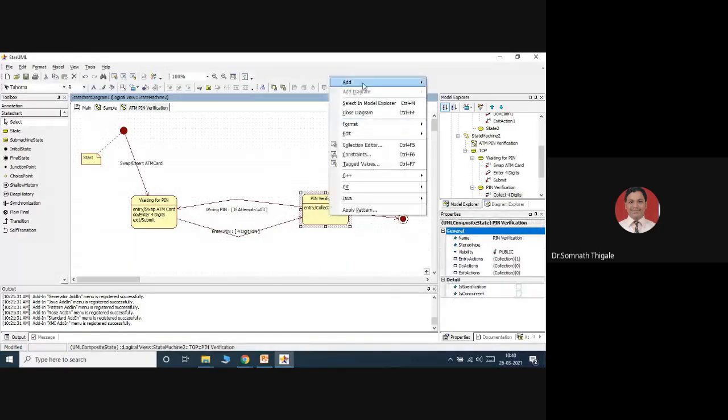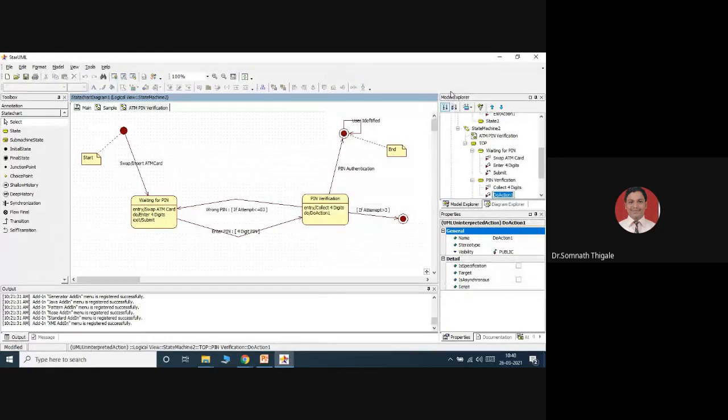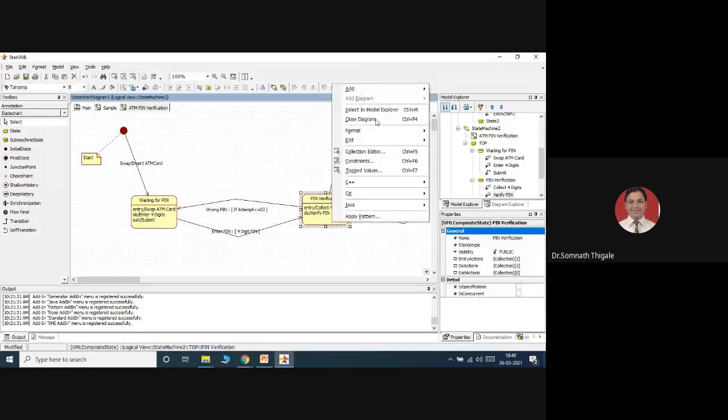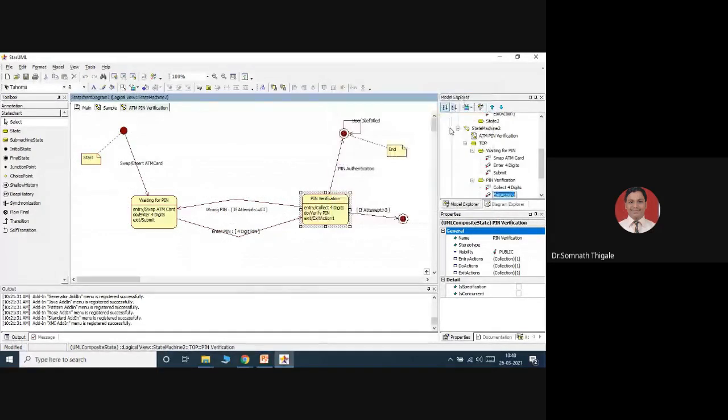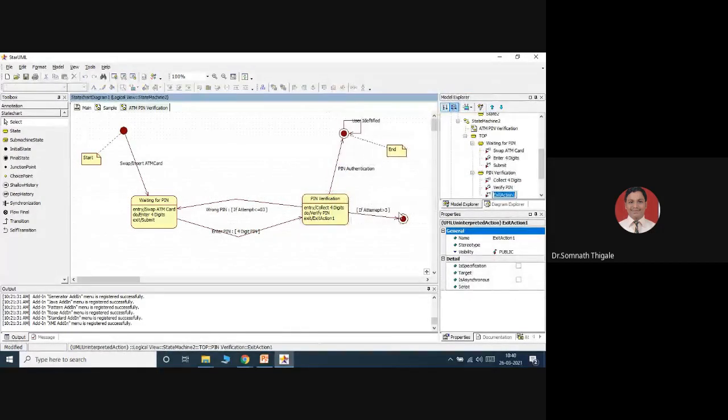Do action will be verify pin, and exit action here. Two exit actions will be there, either directly stop or going for the next transaction, depending. So I will add two exit actions here.